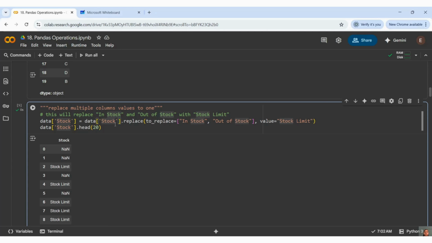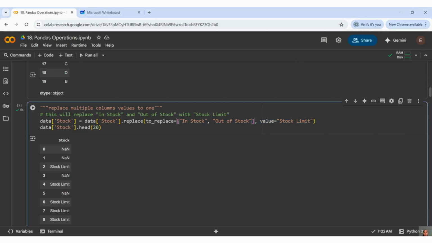There is a property of replace called to_replace. In that to_replace, I pass my list of values which I want to replace with a single value.